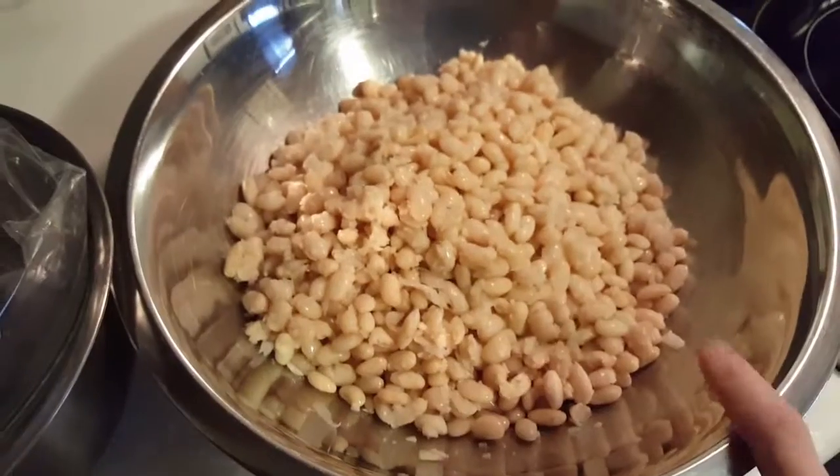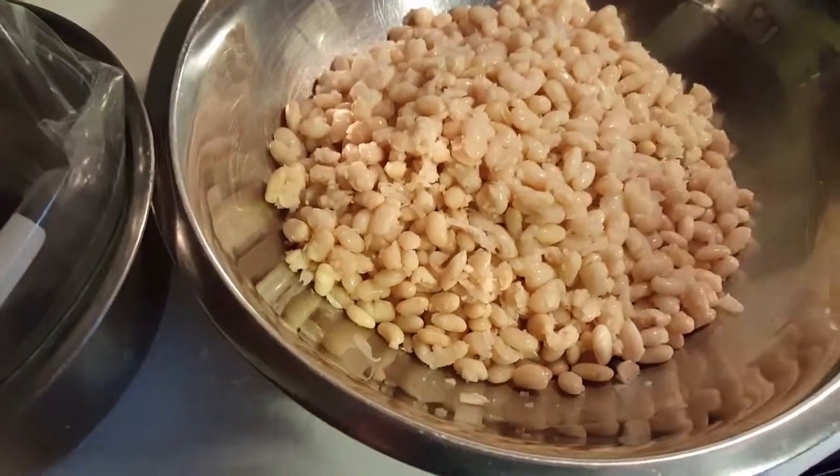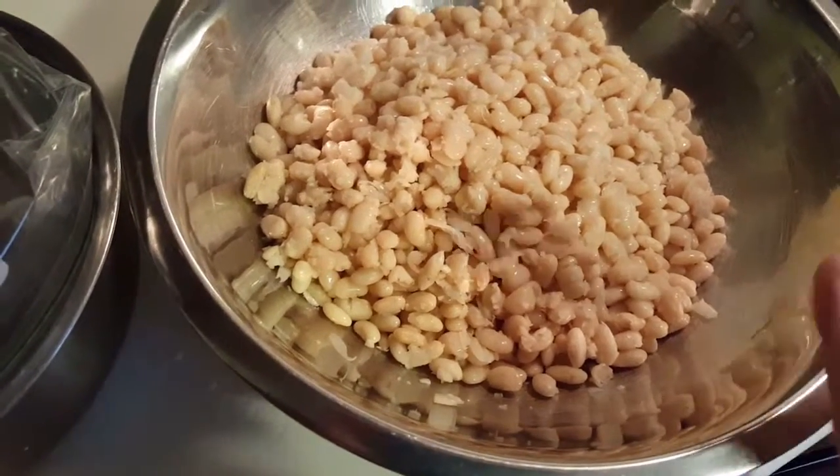Okay, I want to show you something. Now, I've drained the beans. I put the beans into a large bowl. That gives me room to work, and they're pretty well drained, okay? Now, this is a nice tip for you. I've taken my